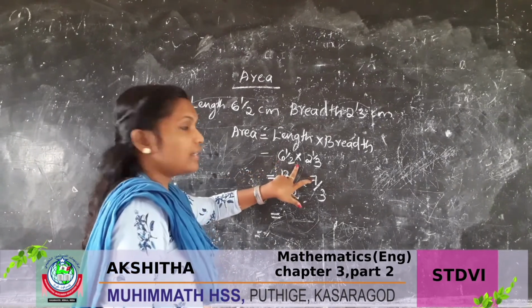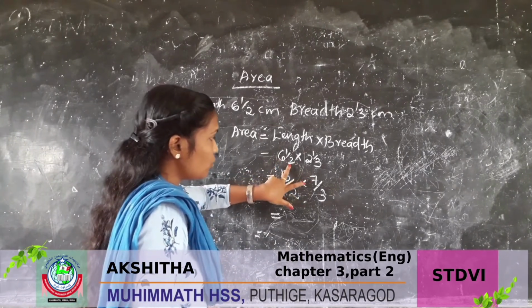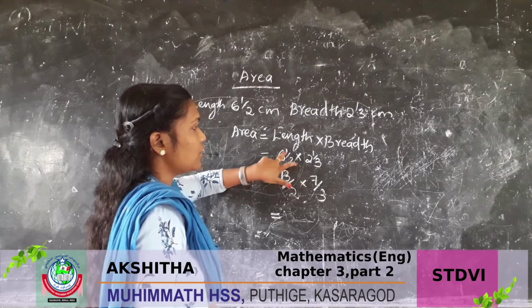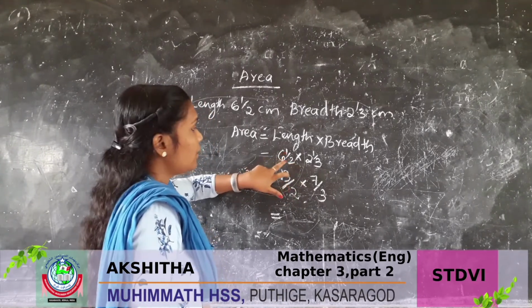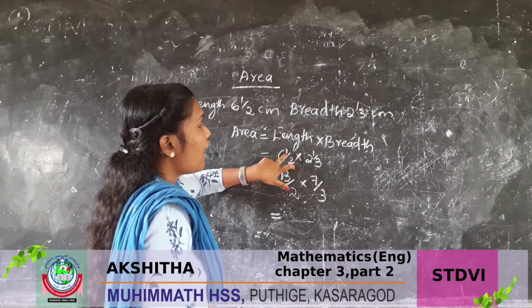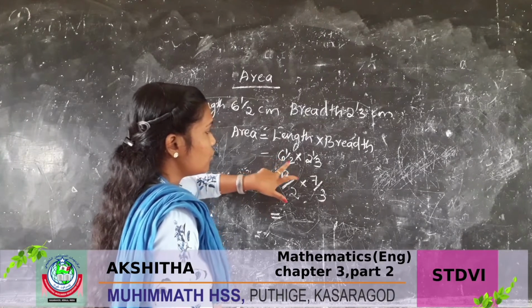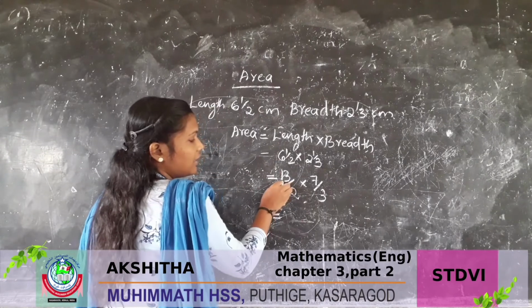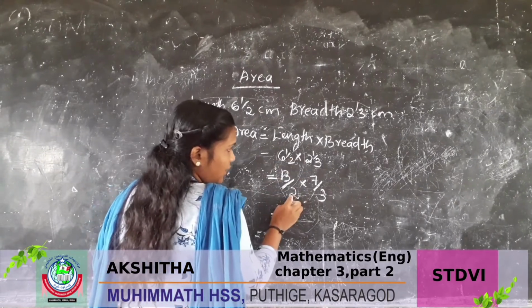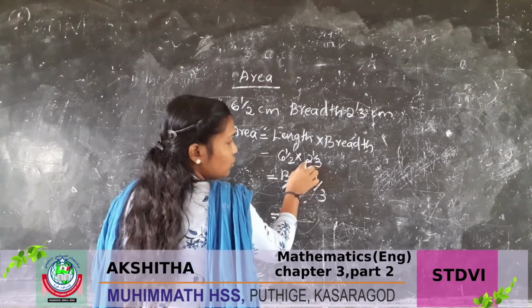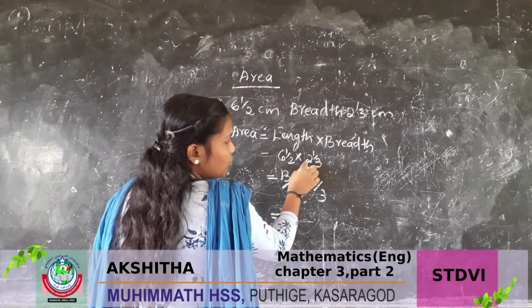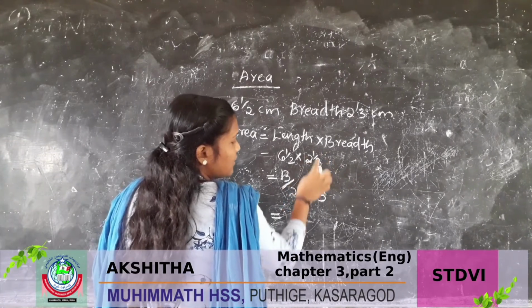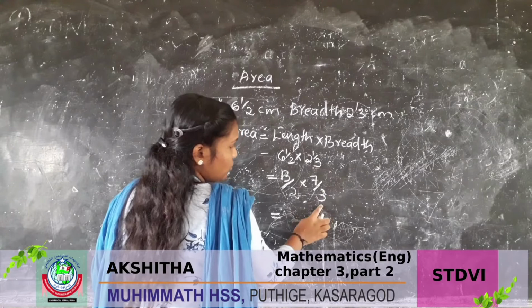6.5. How can we write that? 6 into 2 12. 12 plus 1. This one we should add. Okay. Here multiply. The next add. 6 into 2 12. 12 plus 1 13. So 13 we should write here. This 2 we should write here. Here also 3 into 2. Here multiply. 3 into 2 6. 6 plus 1 7. 7 by 3. This 3 we should write here.